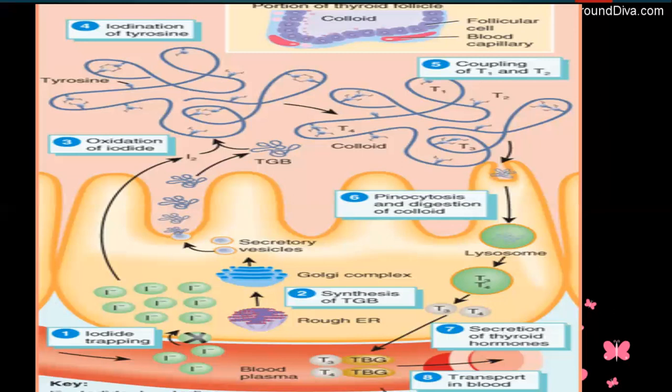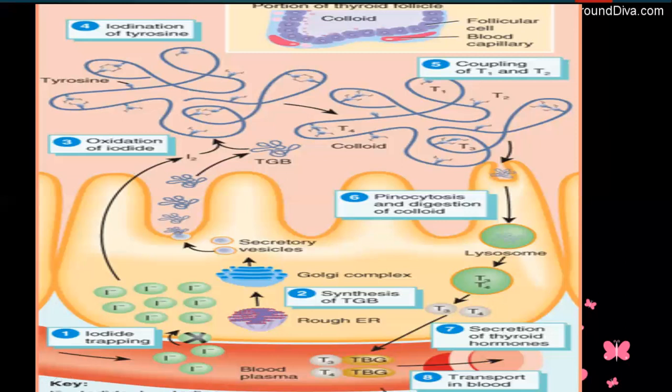In the diet, iodide will be present. From the small intestine, when it is circulating in the blood, the thyroid follicles trap the iodide. When trapping, first it enters the interstitial fluid from the blood capillaries, and through active transport it enters the thyroid follicle. Here you can see these are the iodide, which are negatively charged.